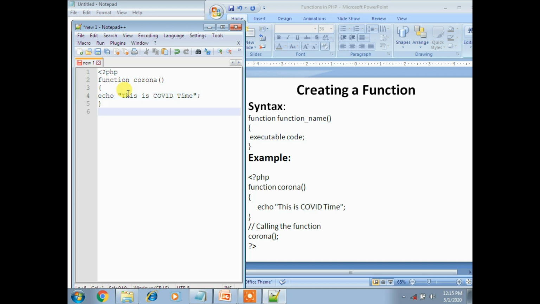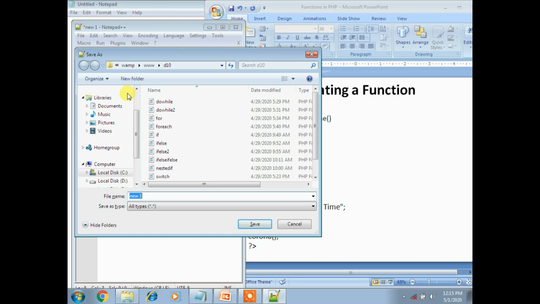I'll give a comment, calling the function, so it's easy to understand. Now call the function by its name, that is corona. Now close the PHP tag and save the program.